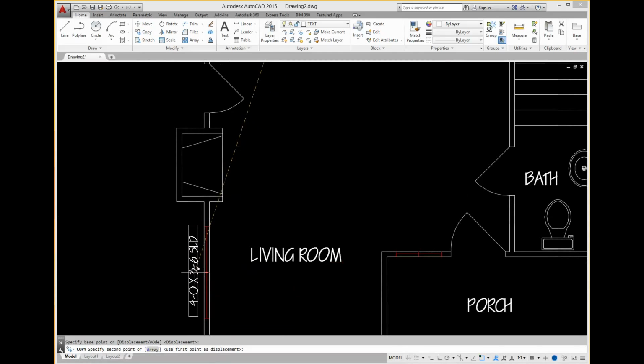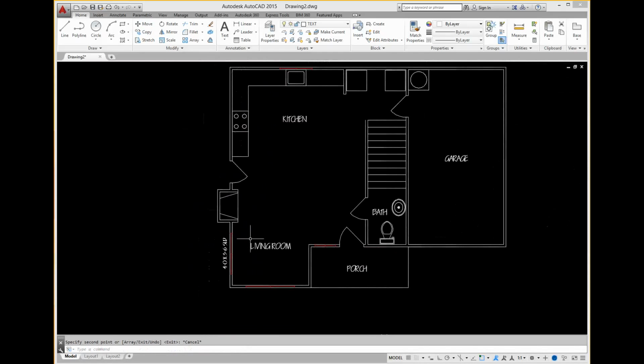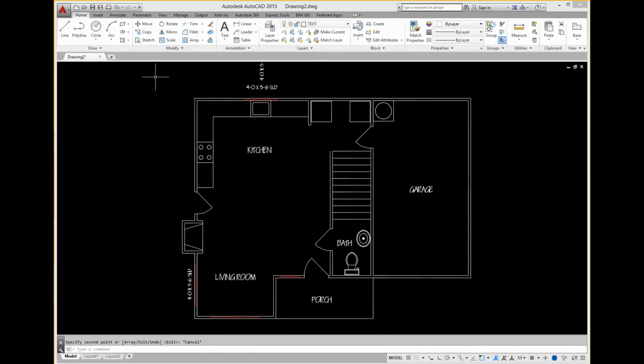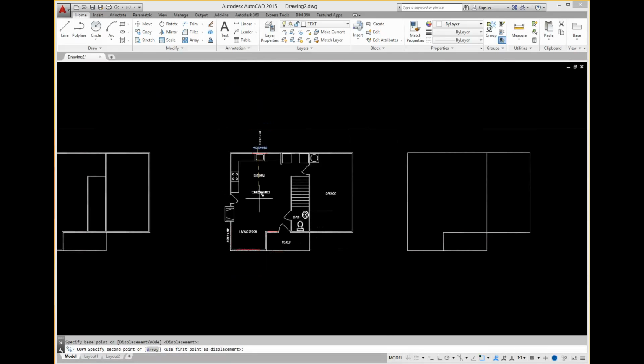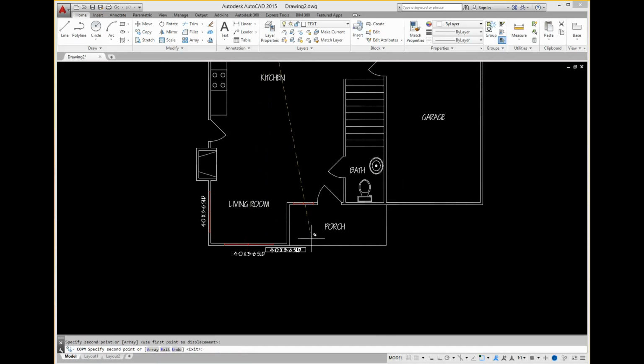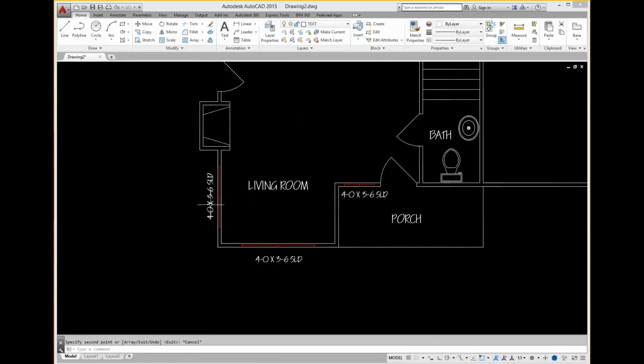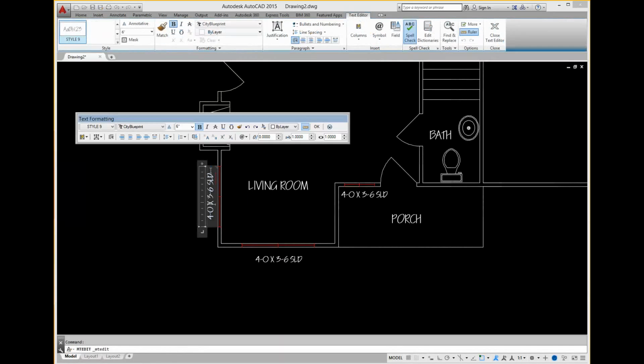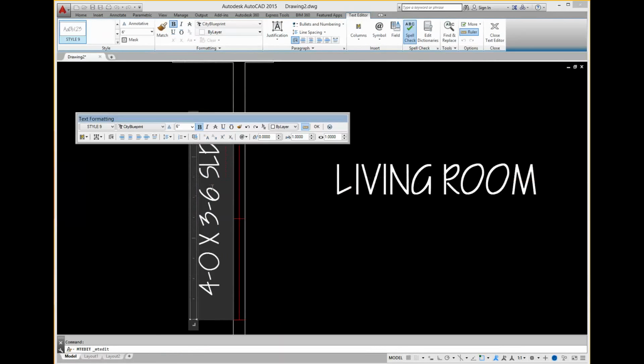Actually, this one's only in the one place. And then I'm going to copy again to here and here. And now I'm going to double click on these and highlight them and overwrite them. I don't have to do the whole thing though, so I can just click on the size there and redo it,